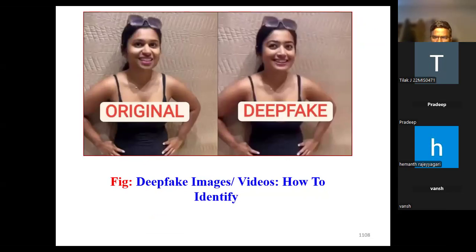Yes, sir. So, my dear research scholars, see the original image, the girl would be Rashmika Mandanna. Same body structure, same hairstyle, same glasses, everything is the same. But the deepfake image, see how to identify the deepfake image. In that case, we are using GANs and